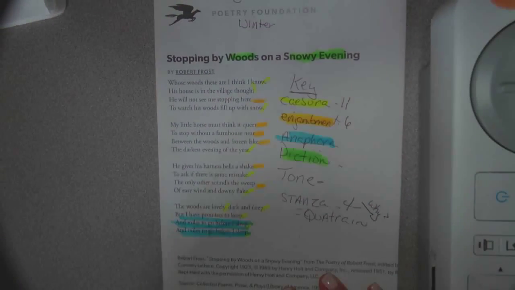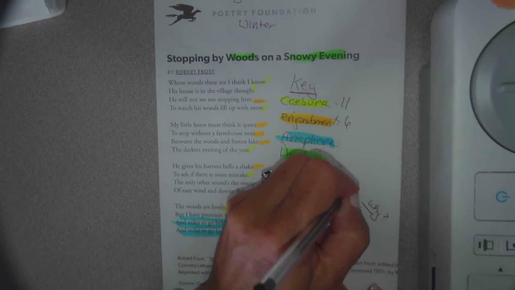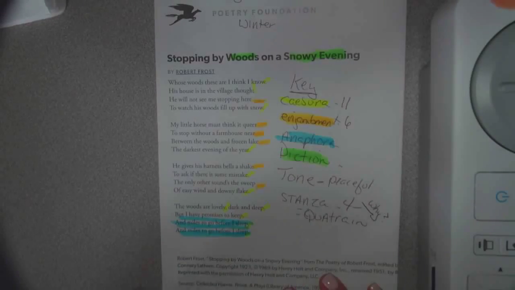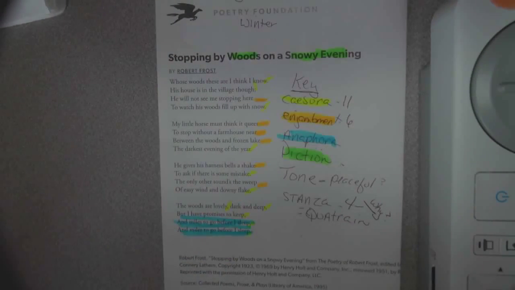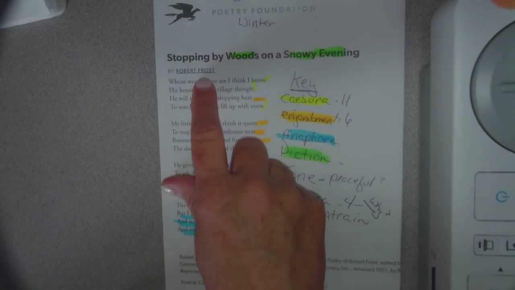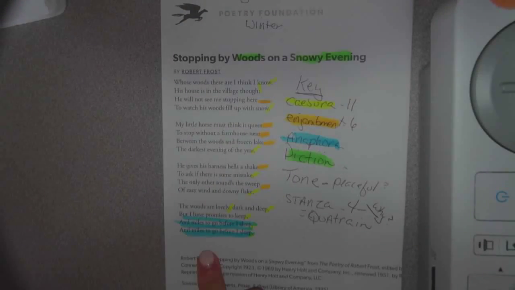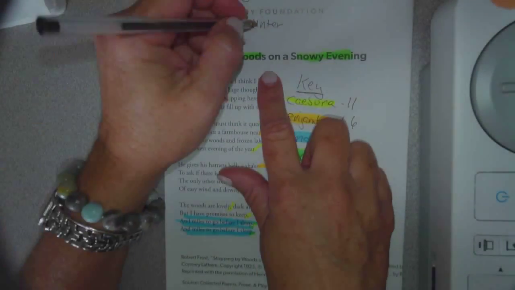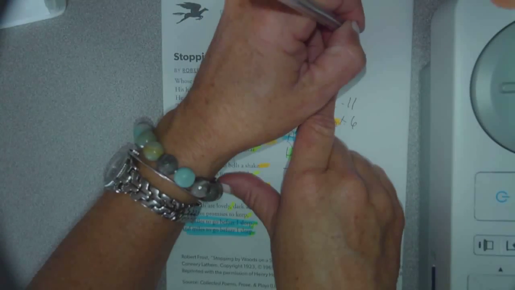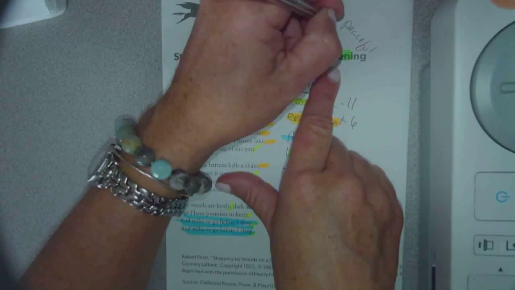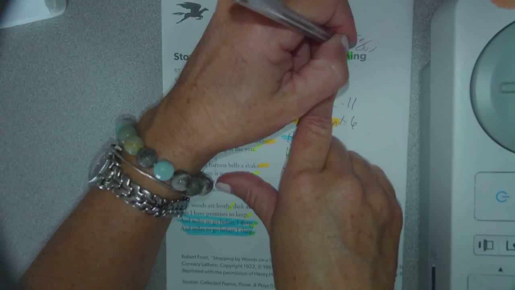Peaceful, okay? So I'm going to put down here the tone. I'm just going to put peaceful. But I'm also going to put a question mark by it. Why? We're not for sure yet, because sometimes the poet likes to maybe trick you into thinking you understand it, and then you just skate over the major meaning, okay? All right, so we're going to say the evening is peaceful, okay, tranquil,